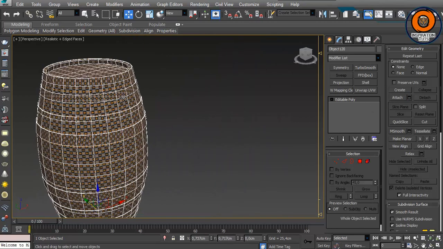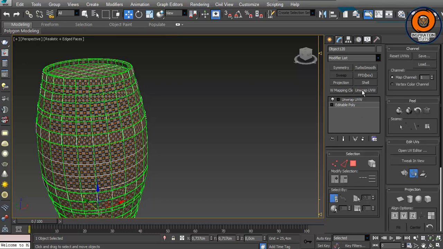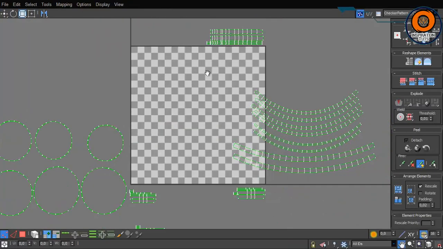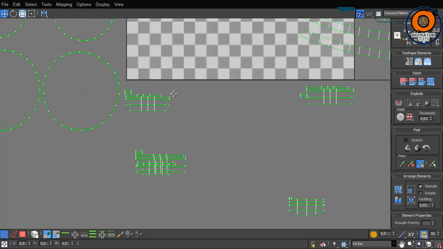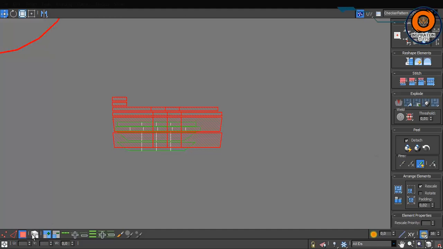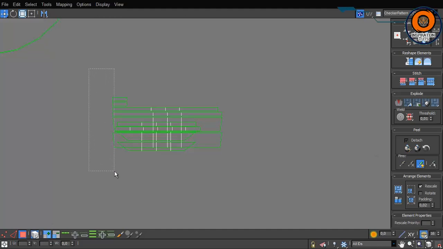So now when we apply the UV unwrap modifier, and when we open the UV editor, we're gonna see only the pieces that we created here previously. And to be honest, this is just about 20% of all the pieces that we are